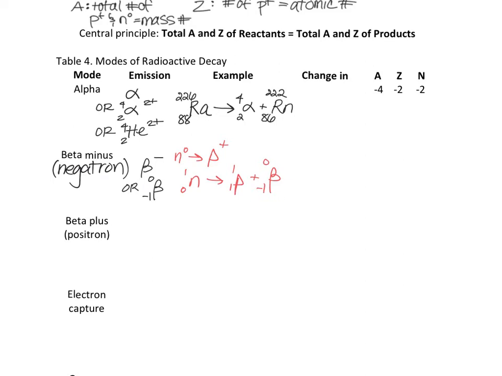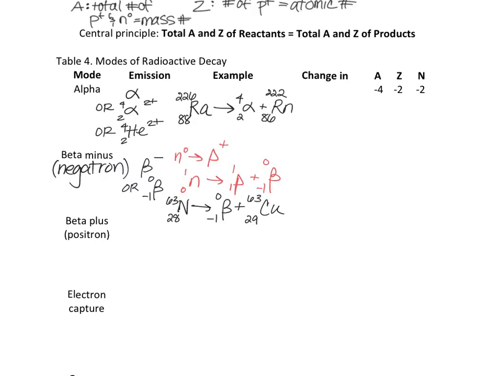An example of beta decay might look something like this, an overall balanced nuclear reaction. Let's start with nickel, that's 28 protons, 63 total nucleons, and it's decaying and losing a beta minus. So let's think about this. The right-hand side needs to equal the left-hand side, so I'm going to have the number 29 here at the bottom, which refers to copper, and I'm not changing the number of overall nucleons, so this is